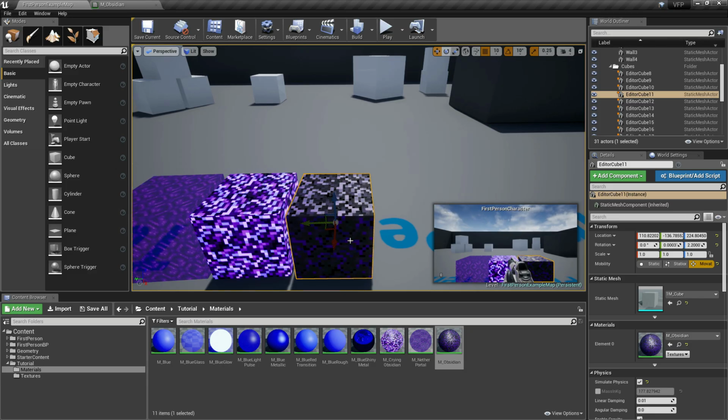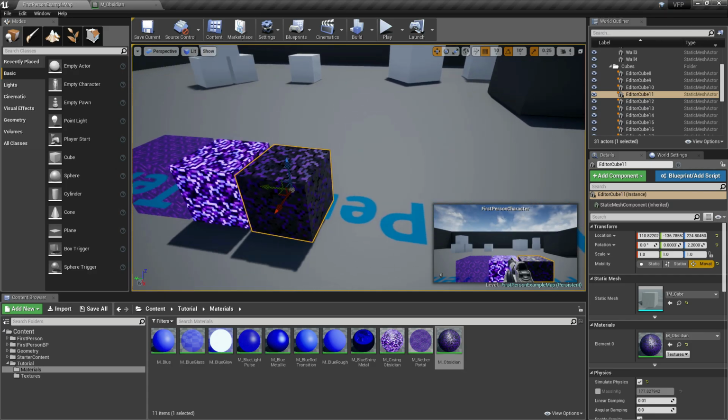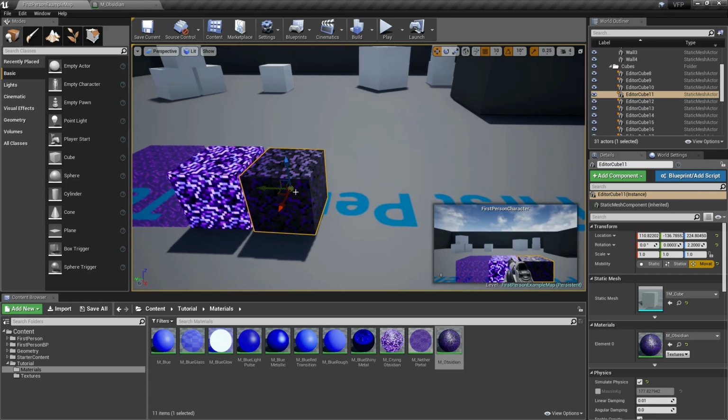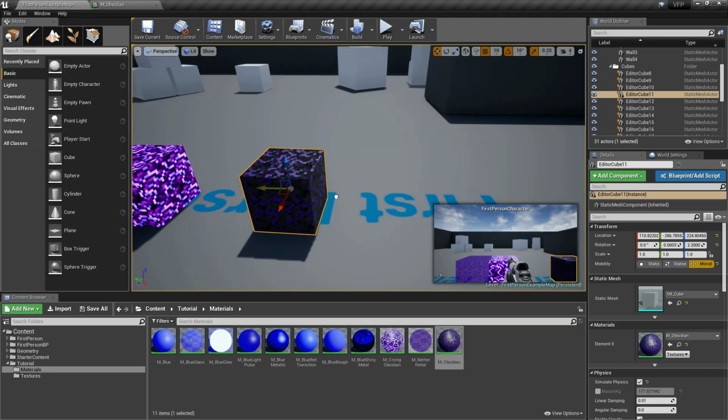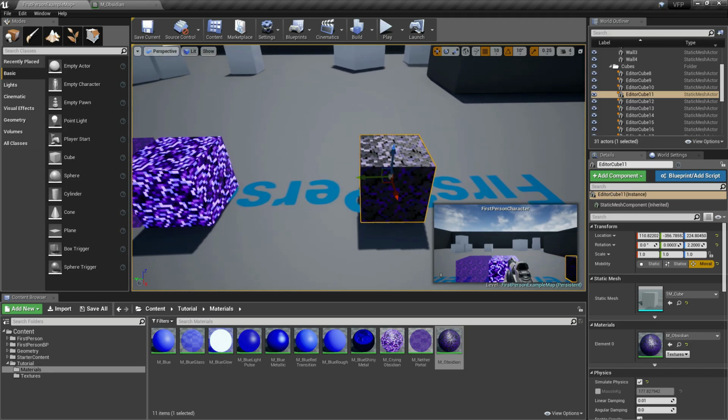Before we proceed to another object or material, I will give you an example of the difference between an object using world aligned texture, or world space coordinate, and an object using a UV coordinate. So this one, our obsidian, we applied the world space coordinate.